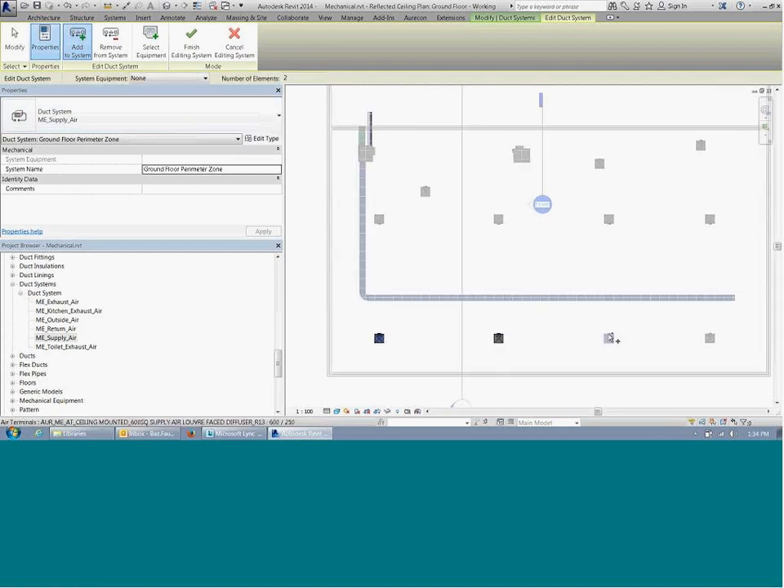You can drill to that system, and we'll bring those grills onto that same system, ground perimeter zone. Then you select the parent of those grills, the so-called parent is the VAV, which is supplying those grills. So if you select equipment up here,